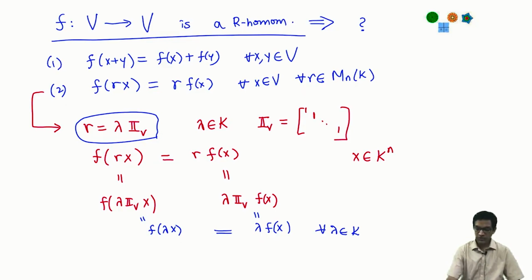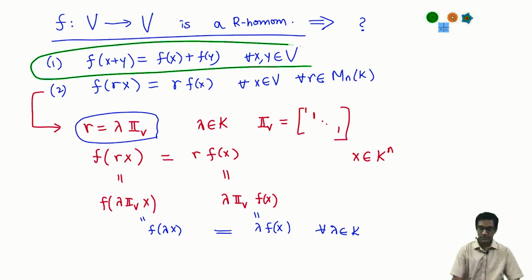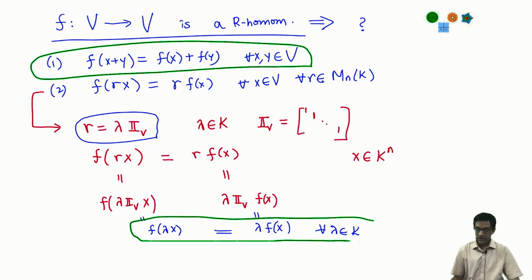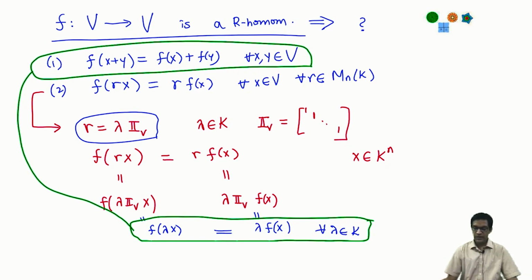Okay, and this should sort of remind you of something that we did last time for another example. So we now look at the additivity property that we have, that was from the first axiom, together with this special property we have concluded. And what do these two things tell us? It tells us that if you think of V only as a vector space over K, then F is a linear transformation. So these two properties tell you that F is nothing but a linear operator on V, okay, thought of as a vector space.